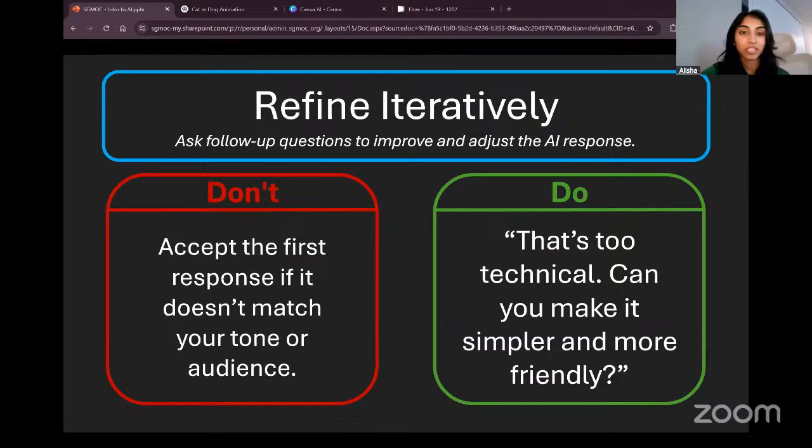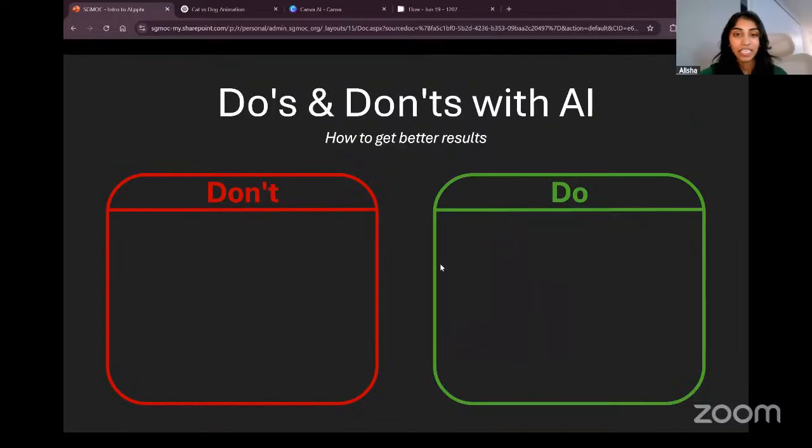You can always ask follow-up questions. You guys saw a bunch of examples of that just a little bit ago. So you want to improve and adjust the answer that AI is giving you with questions. And then the last tip,